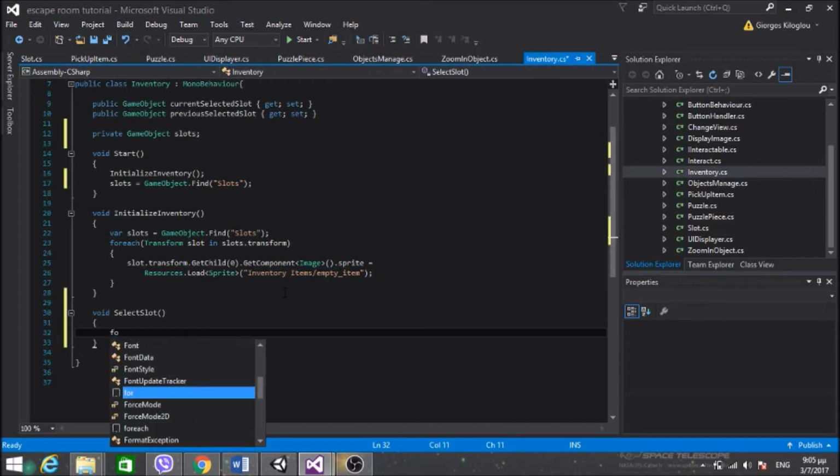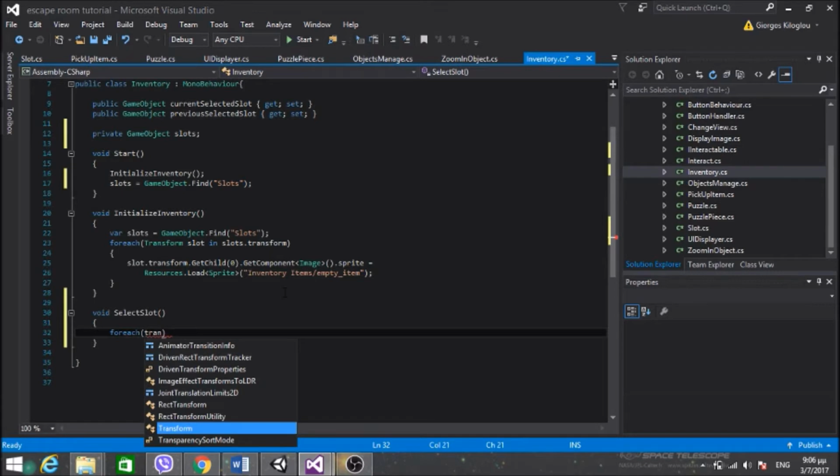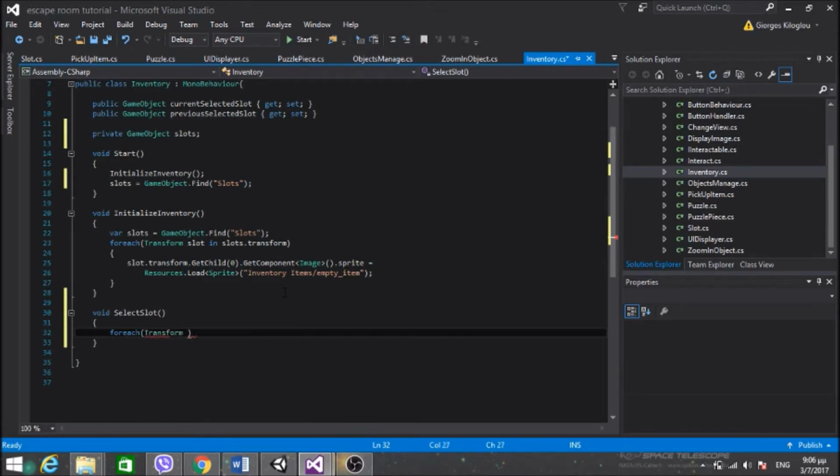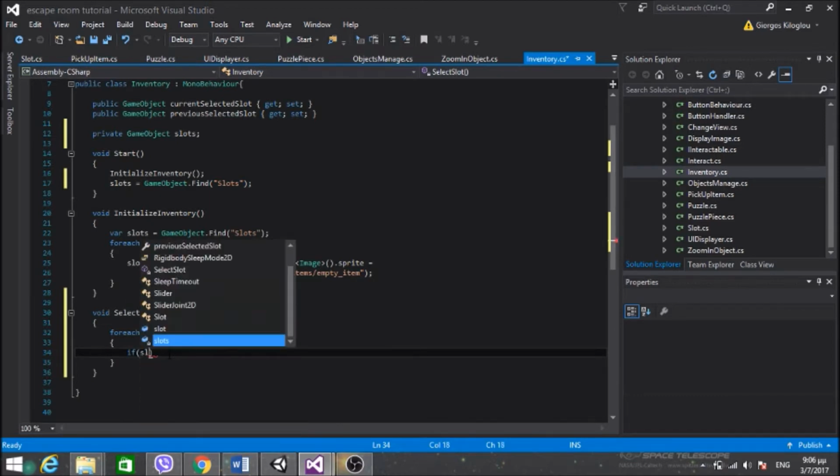So iterate in every slot. This is also a very classic procedure. Slot in slots.transform. When you write slots.transform, it will iterate through every child of this game object that you're iterating. So I'm going to check a condition here and will be if the slot